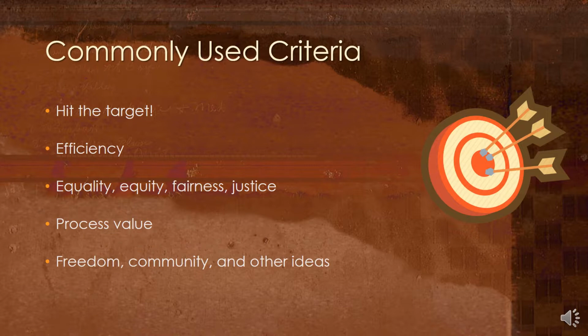Then we move into efficiency. This criteria is often used, and it looks at a policy in reference to how it serves all of the community, or all the people affected by this problem. So with this, we're looking at,